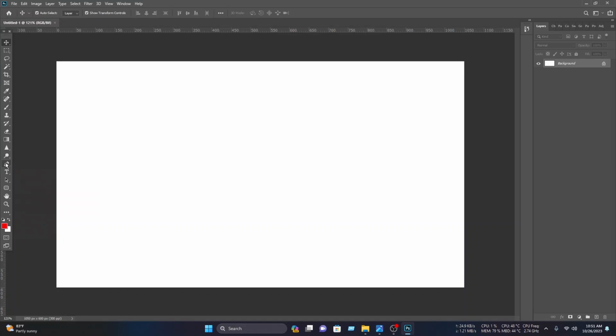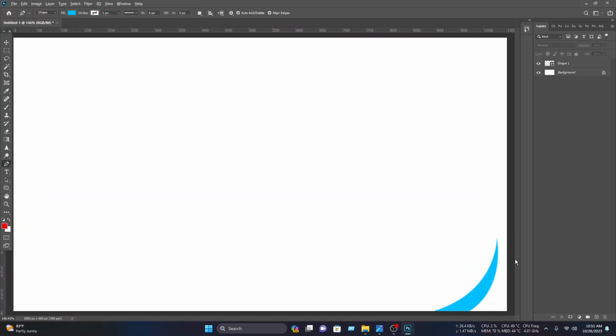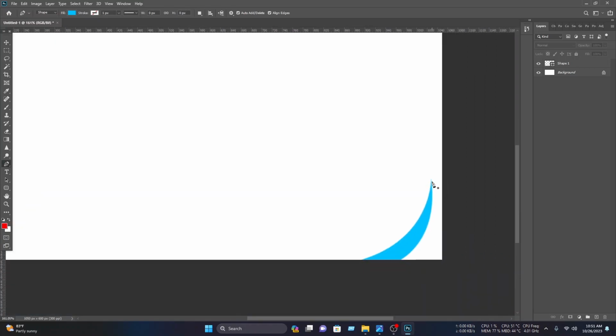After setting up the page you have to select the pen tool from here. Then you have to click on here, then click on here and draw a curve, then press and hold the Alt key, then click on the anchor point. Then click on here and draw a curve again. Then press and hold the Alt key, then click on the anchor point again, then click on here and here. Then select the move tool, then select the pen tool again, then click on here,